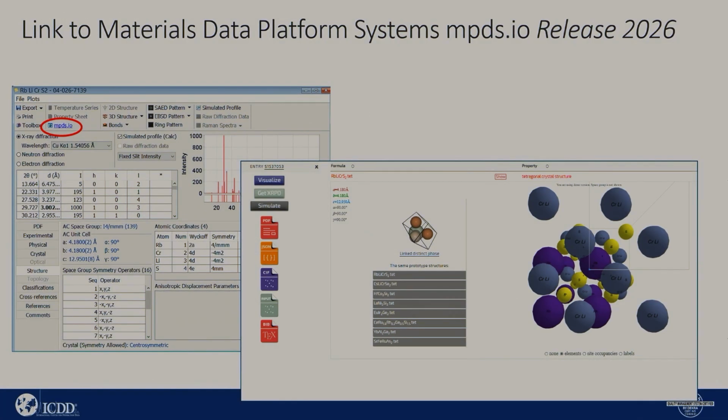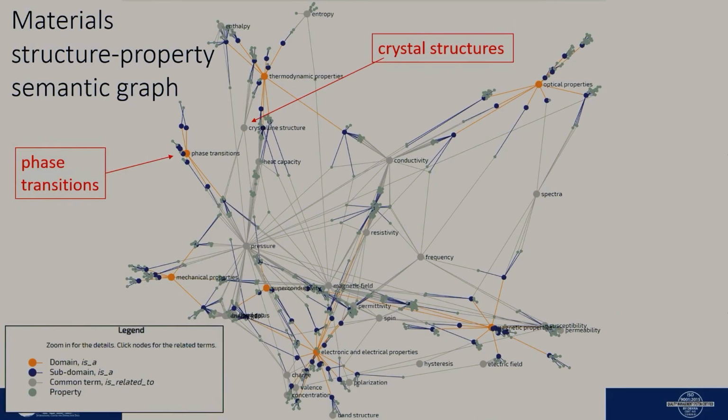Just a couple things here about linking to our PDF entries. They are linked to the Materials Data Platform system, so that you are able to now start working on the idea of tying crystal structures into properties. That's really where the direction is with big data. It's not just I have a powder pattern or identified a phase, but where are we going in terms of